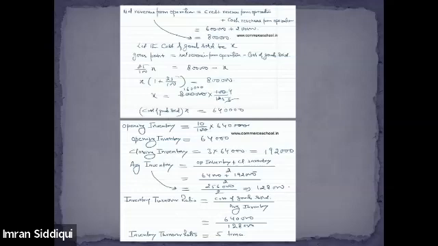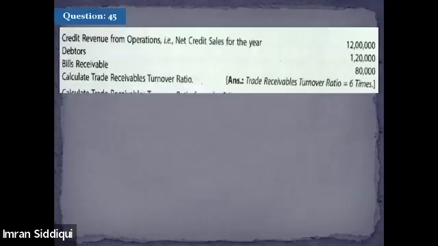Done. So next question. Based on trade receivable, we'll start with question number 45. I think all of you will be able to solve this question. Let's give it a try. By applying the formula, you have everything given there in the question. Debtors is there, bills receivable is there. You need to find out the value of the trade receivable turnover ratio. Net sales is also given. What do you think? I think you can solve it. Just give it a try, everyone. Solve it. Let me know whether you got